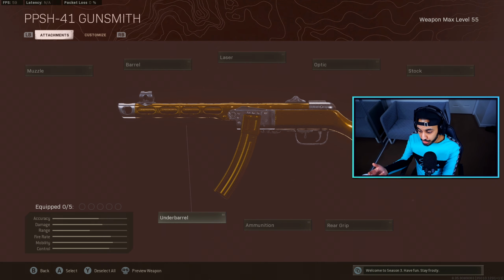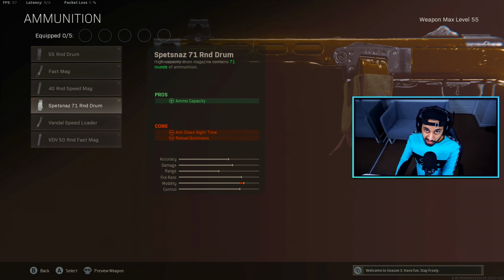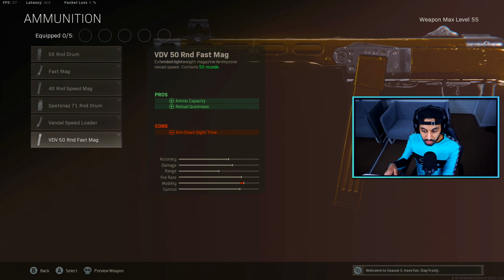The next attachments we tested were the ammunition attachments. Now, we only tested two of these. We tested the 55 round drum and the 71 round drum. Now, it only makes sense to test these two because even if you look at the VDV 50 round fast